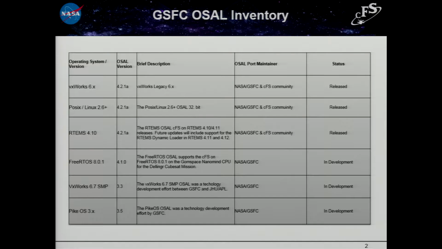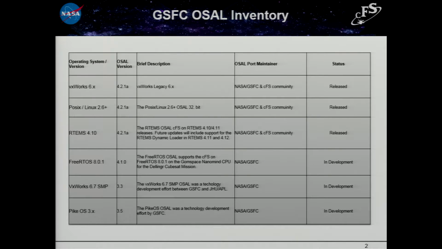So we have our basic standard POSIX Linux OSAL port. We have the VxWorks non-SMP, non-memory protected port. We have a basic RTEMS port that we used for our MMS mission. I'll talk more about the updates to that. And some of the stuff that's in work, the CubeSat that I'm working on is using FreeRTOS, so I did a FreeRTOS OSAL port. But if you want to know more about that, you can just chat with me after this or over the next couple of days,